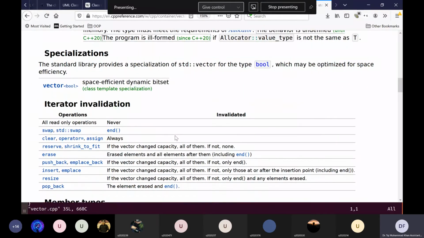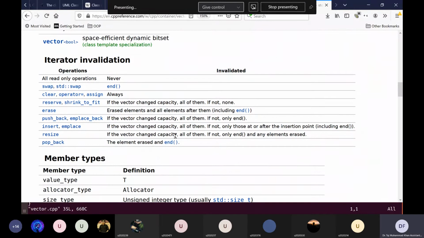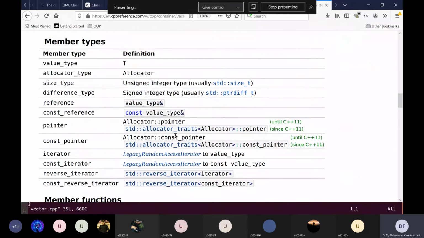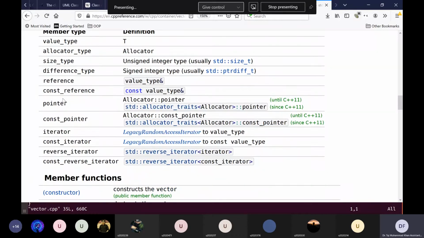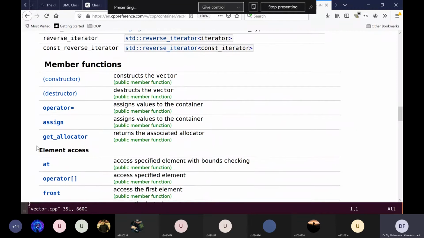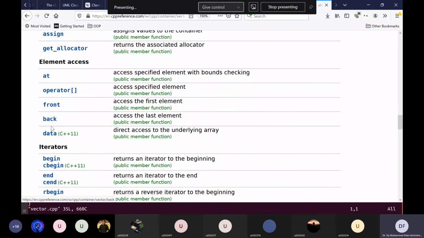So there you go. These reference sites give you all the details about the interface of these STL classes. Here it is telling you the member types that are available for this vector, and then it has constructors and operators defined for this vector: constructor, destructor, assignment operator, etc. And these functions are used to access different elements of the vector.